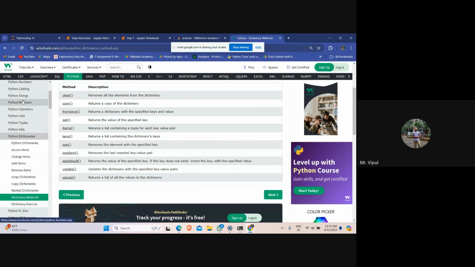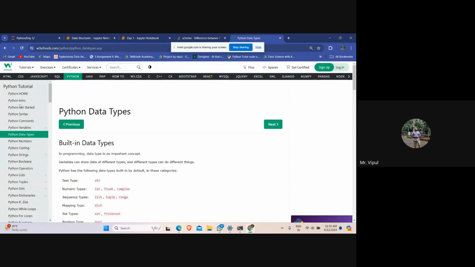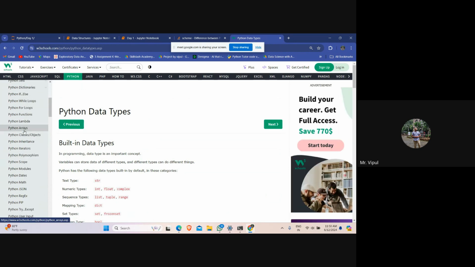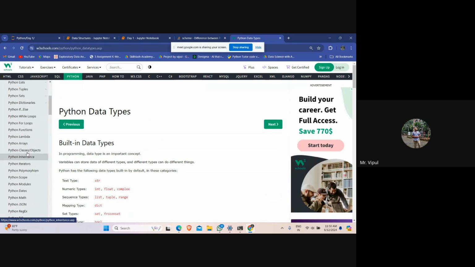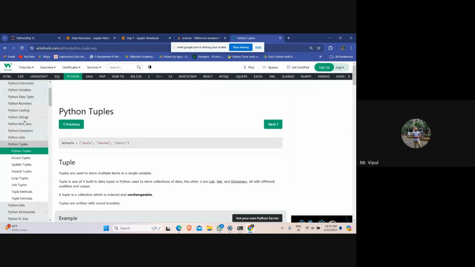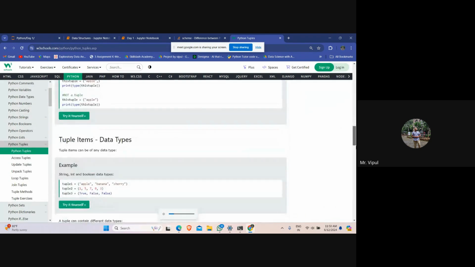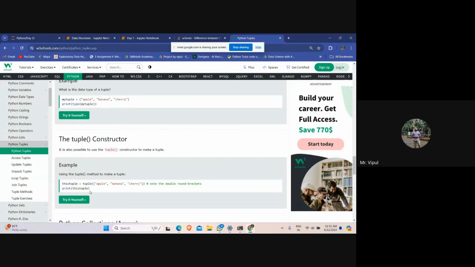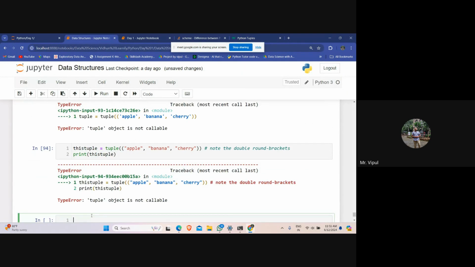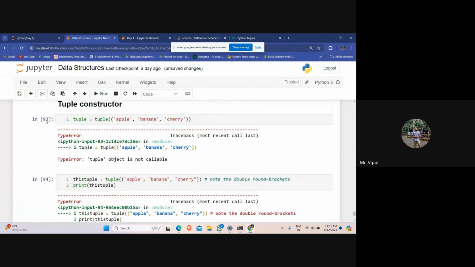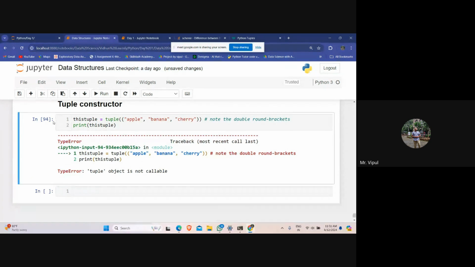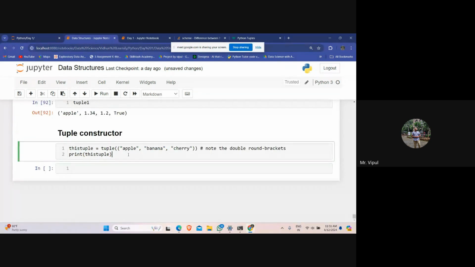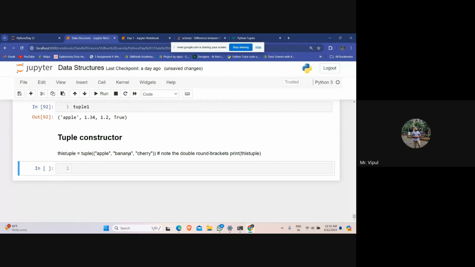Again, this is not working right now. We have a constructor over here, and this is what I have done, so it is not working. So right now we don't have this constructor. We'll just remove this.